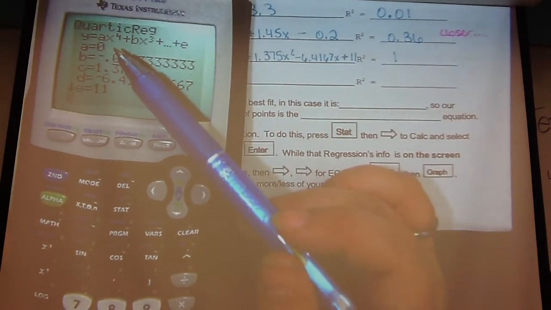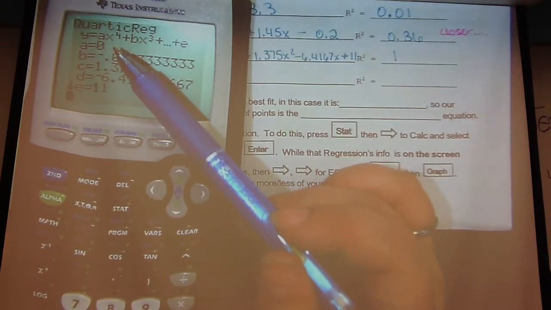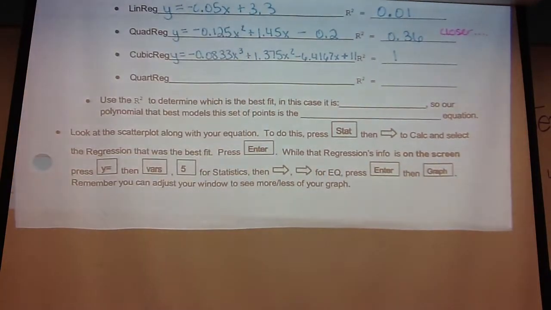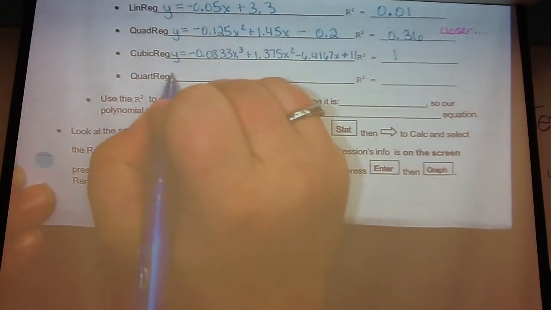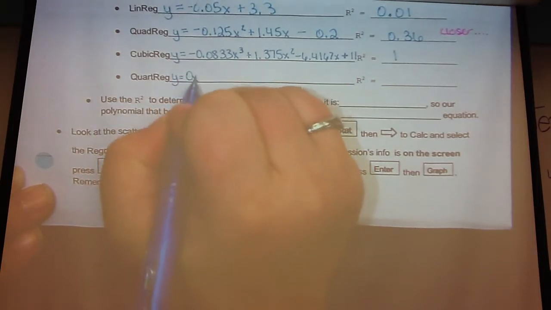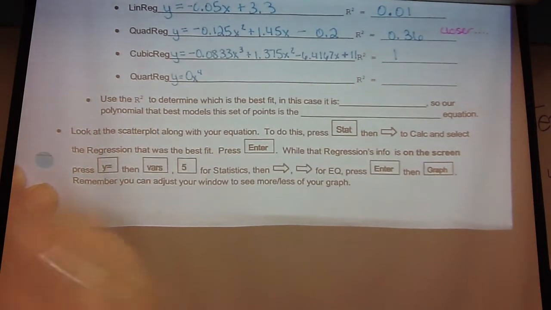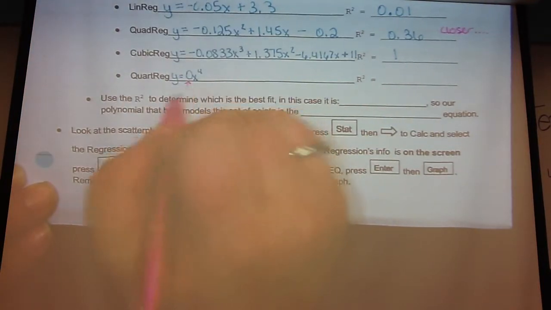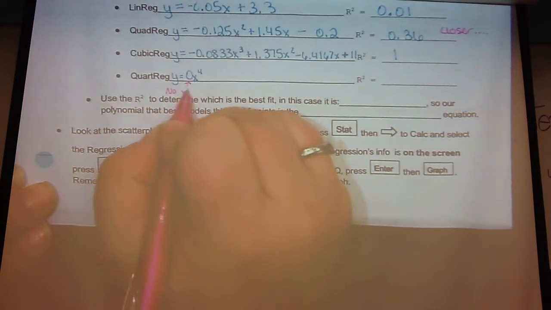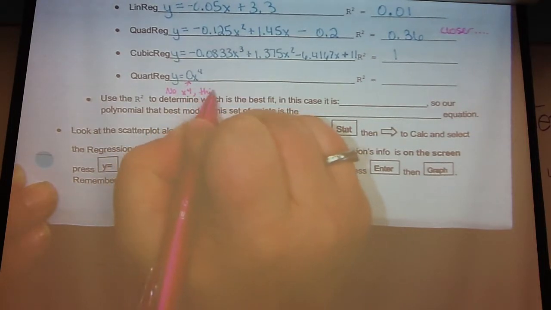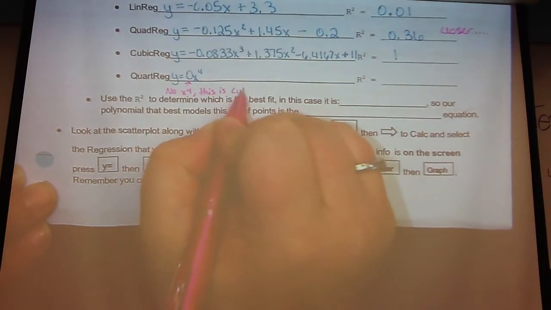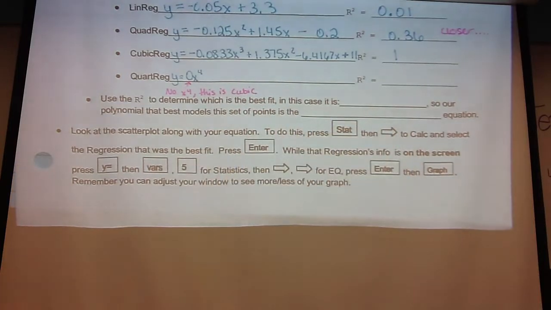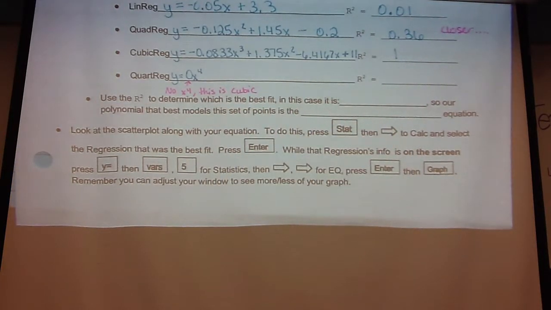Notice, what does it say that A is? 0. So if it says A is 0x to the 4th, what does that mean? There is no x to the 4th. So with no x to the 4th, this is really cubic. So it didn't give us a new equation, and I'm sorry I picked a bad example, but